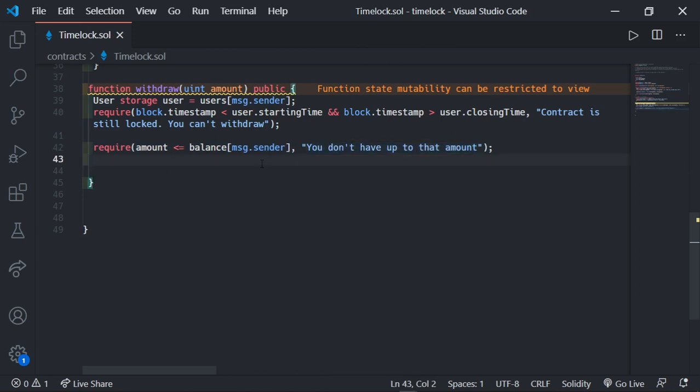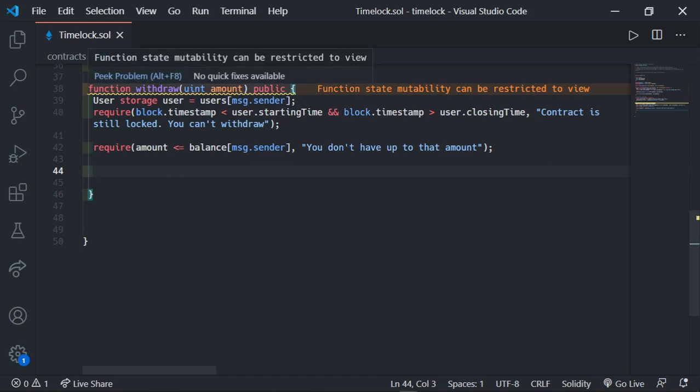Then after doing this, the next thing we want to do is transfer this amount. If the execution gets here, it means that the amount is lesser than or equals to its balance in the time lock, and we are not within the starting time and closing time. So now what I want to do is transfer the money to the current caller of this withdraw function. So now to do that,